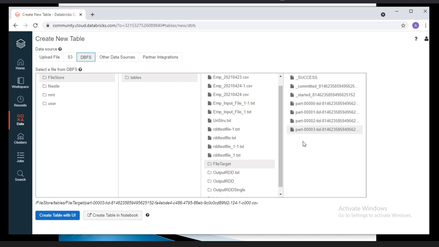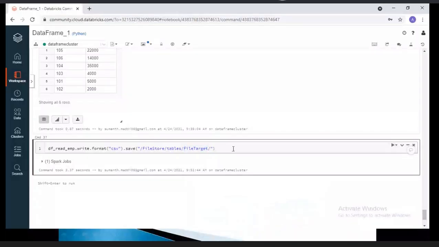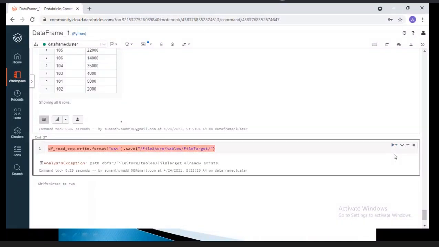Let me execute the same command one more time. What is the error message? File target already exists. But especially in real time, the target is always available.